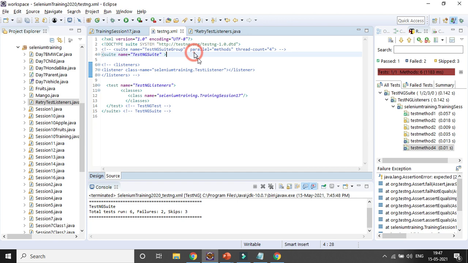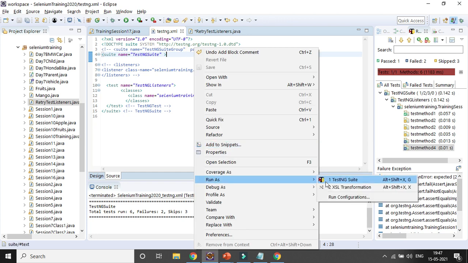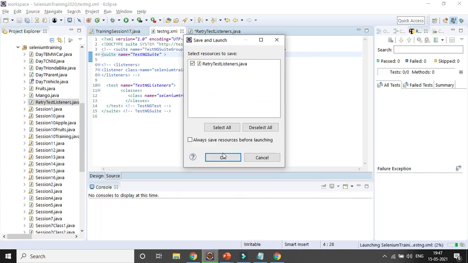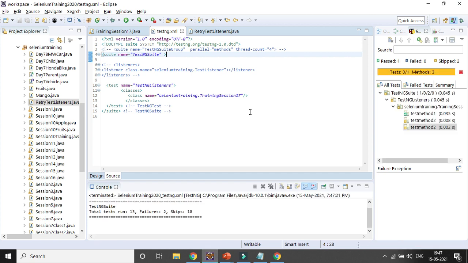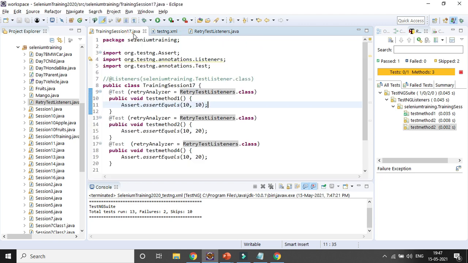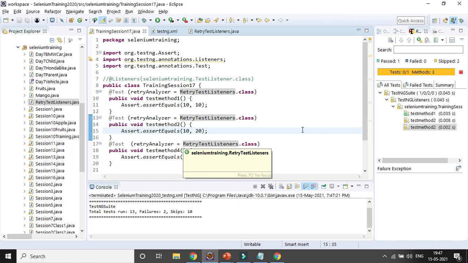Let's try to run it here. So it will be 13 different instances. Two will fail, 10 will be skipped, and 1 will pass. Okay, 1 is getting passed, 2 are failing.